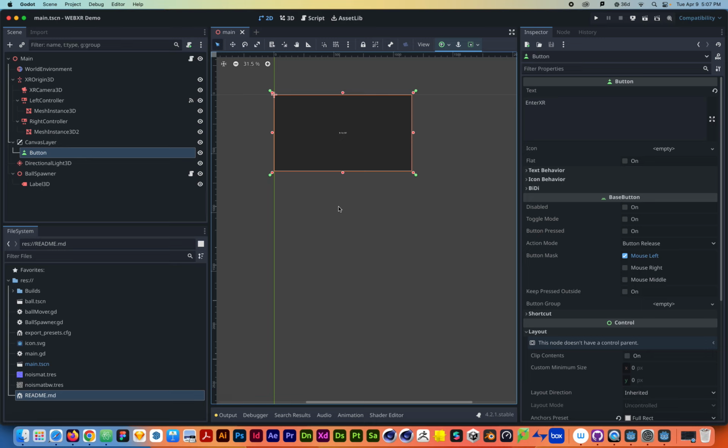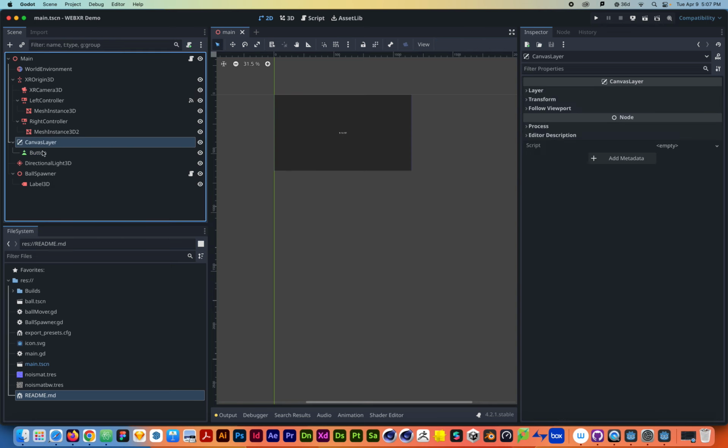Then, specifically for WebXR, you need to have a button, because part of the standard is that you're not able to just go to a website and immediately launch people into a VR experience, right? That would be really disorienting if you're just using the browser and then suddenly a room appears around you. So whenever you're doing stuff for WebXR, you specifically have to get people's permission to use it. The way that you do that is you make a button that you can press on the web page, and then when they press it, you ask for their permission and they say yes. So you want to have a button,